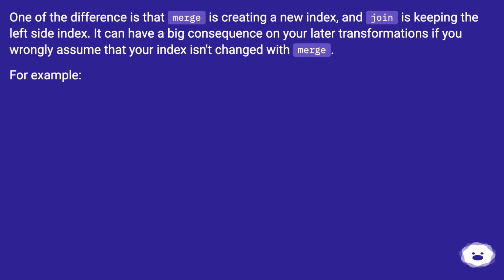One of the differences is that merge is creating a new index, and join is keeping the left side index. It can have a big consequence on your later transformations if you wrongly assume that your index isn't changed with merge. For example,